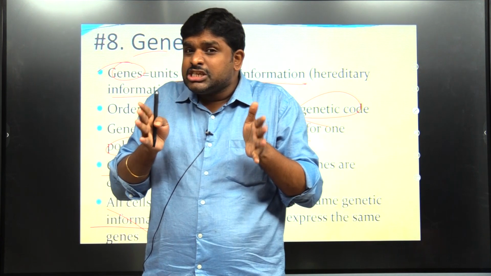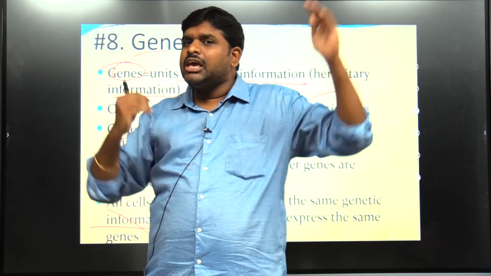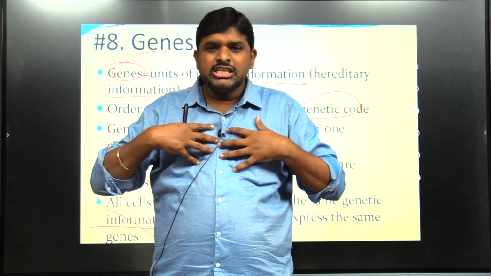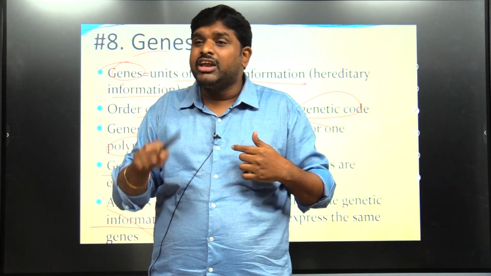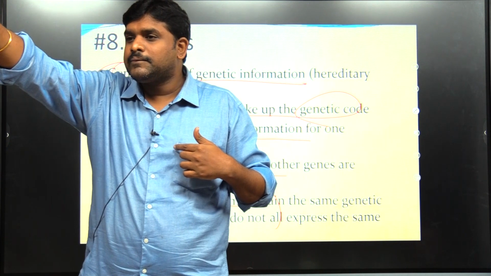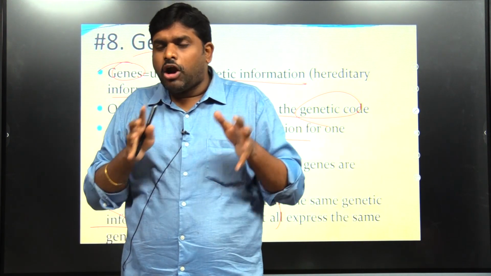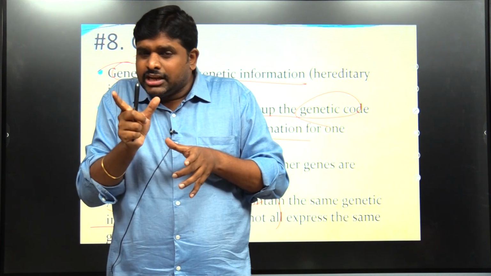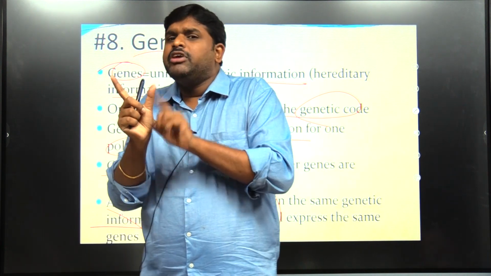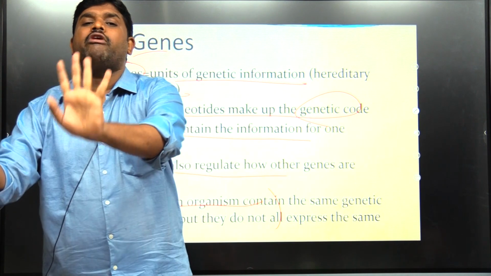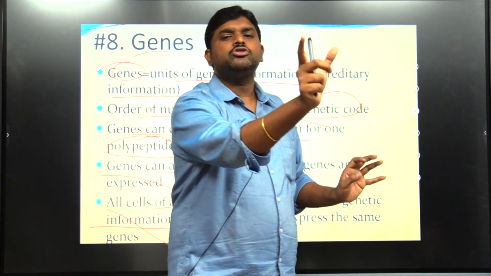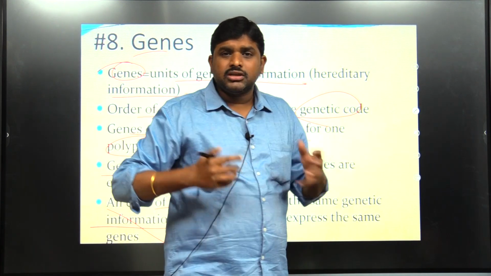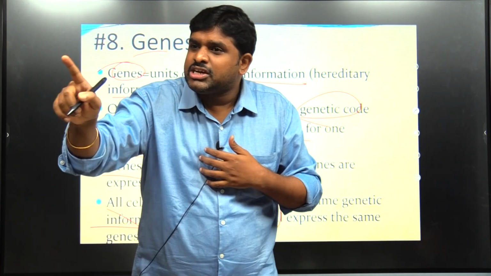So the information will be the same. Why? Because what I take from father and mother is the same. So the information in all my genes will be the same, but its function will differ depending on which chromosome it is on. Or simply, I will not go deeper. So genes have a function. If the gene belongs to chromosome number 1, one function. If it belongs to chromosome number 2, one function. If chromosome number 3, one function. So based upon the chromosomes, the functions will be there.